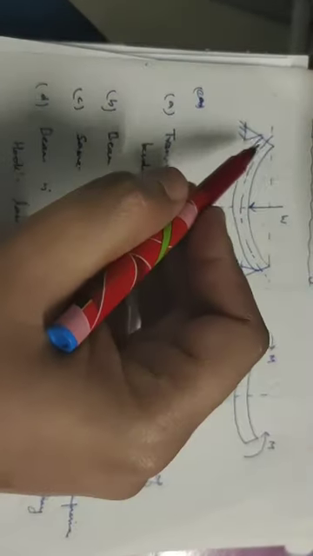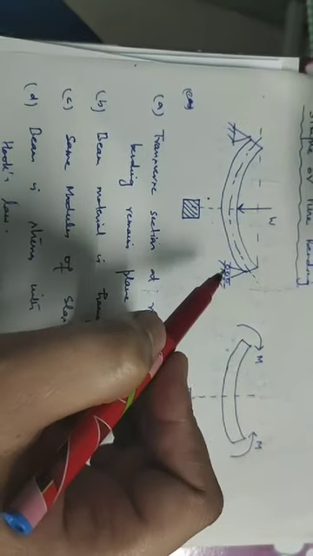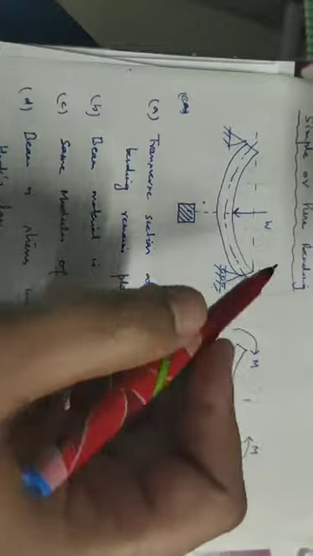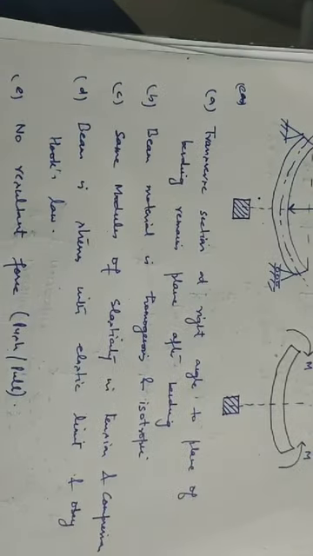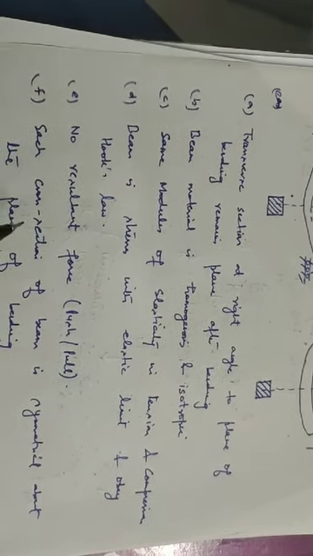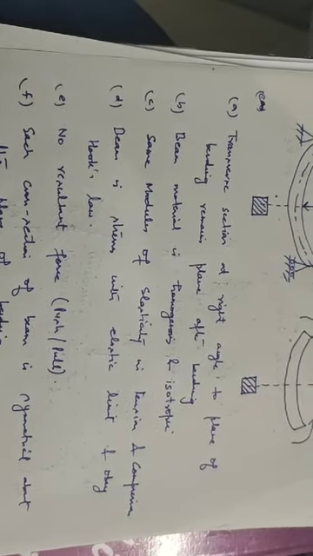Then due to all forces acting on the beam, the resultant force will be 0, which means that all the forces acting on the beam in case of pure bending will balance each other, and the resultant force, push or pull, will be 0. Now, each cross section of the beam is symmetrical about the plane of bending. जहां पर bending हो रही है वहां जो beam की cross section है वो symmetrical है.